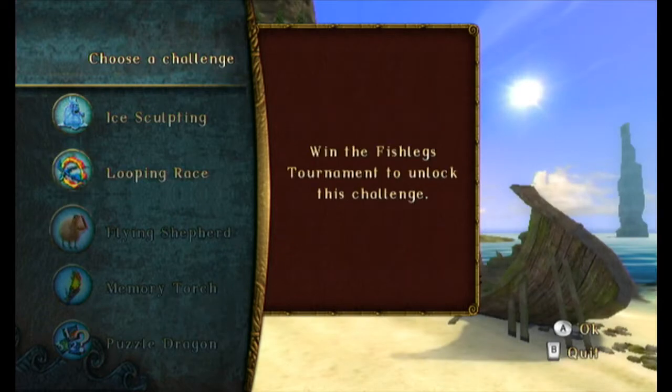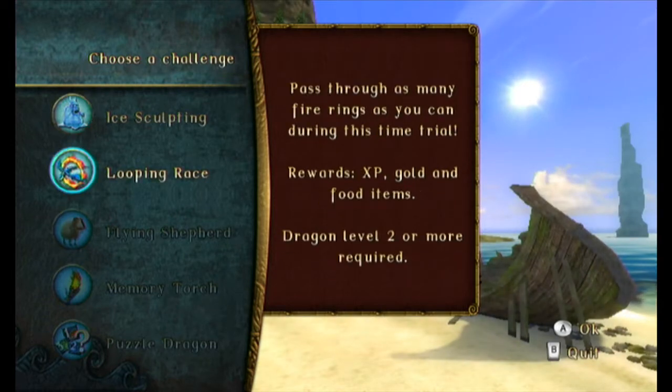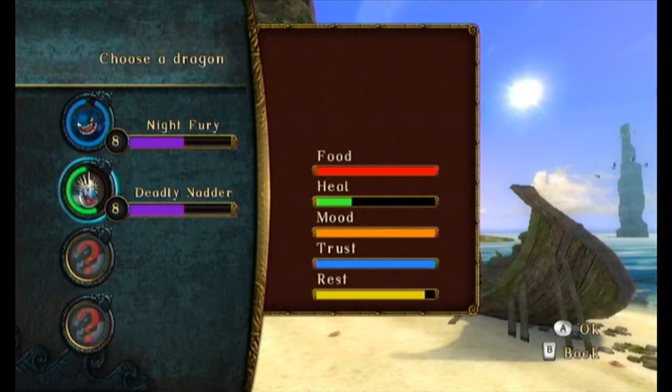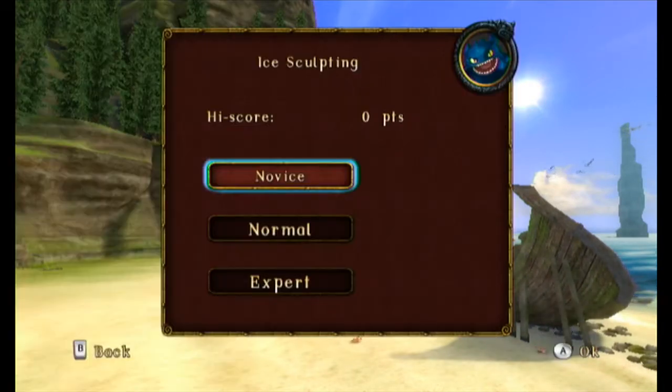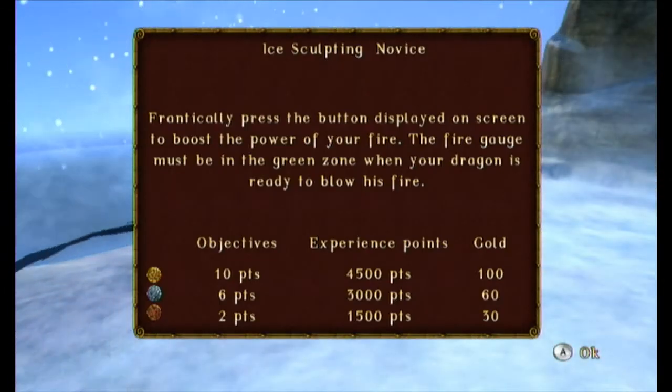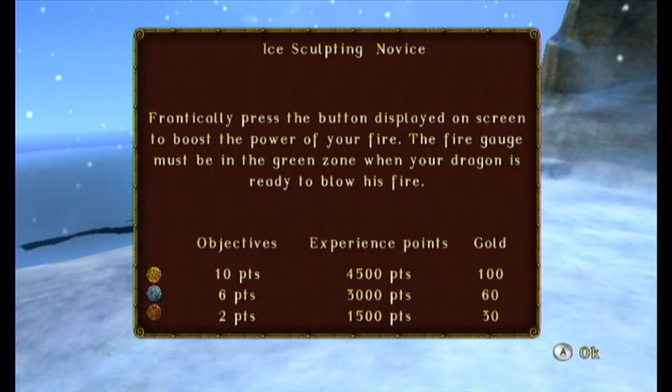So the only 2 challenges that are available to us are the loop race and the ice sculpting. Now, there really isn't much to show here. I'm sorry, Nadder! I really am! So Novice is the only one that's available to us. So, in ice sculpting,